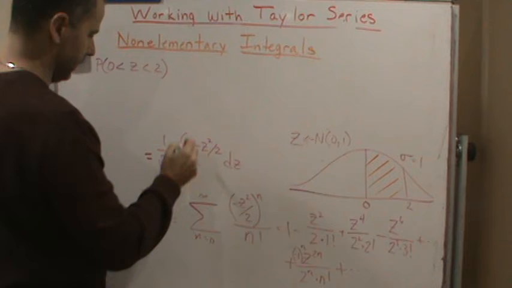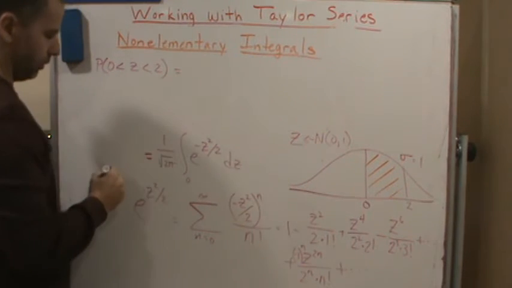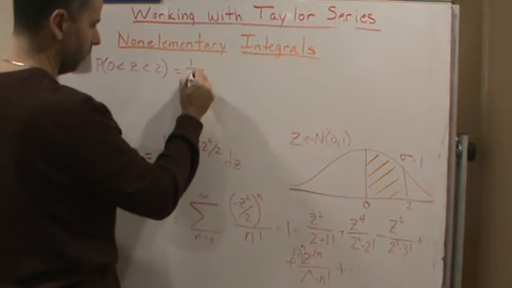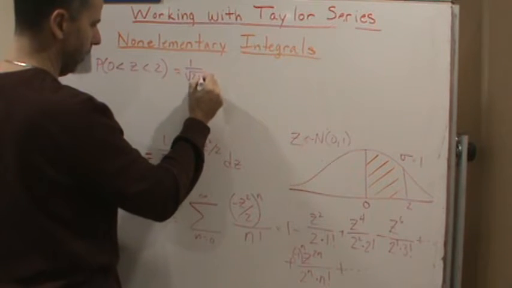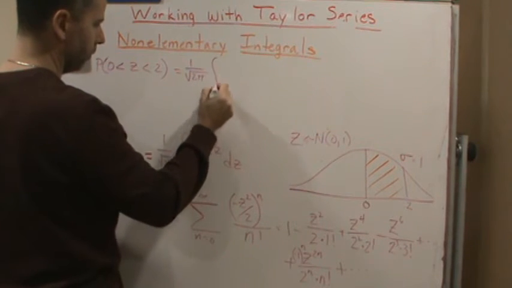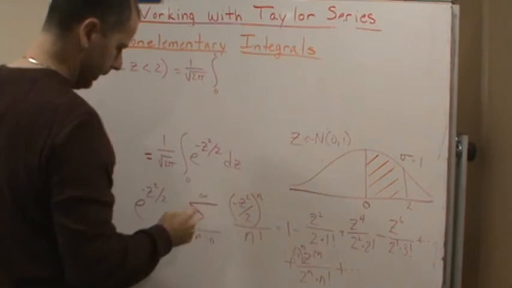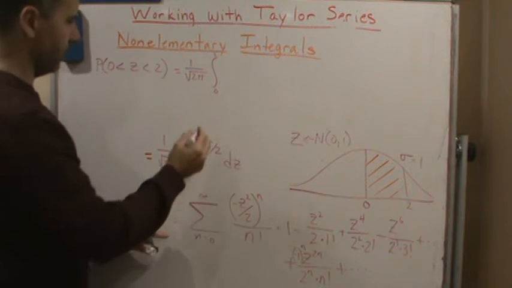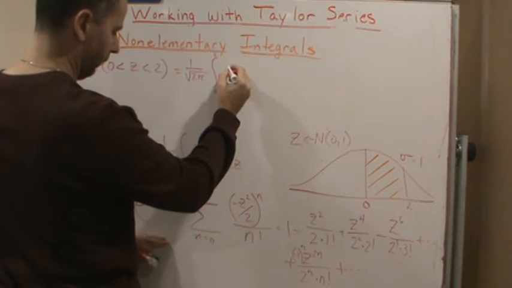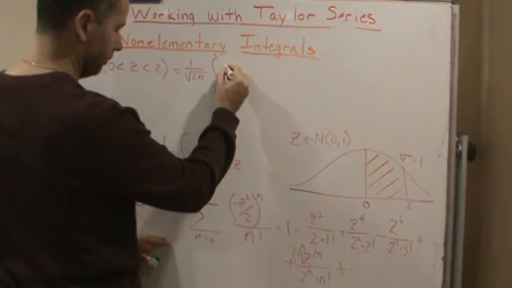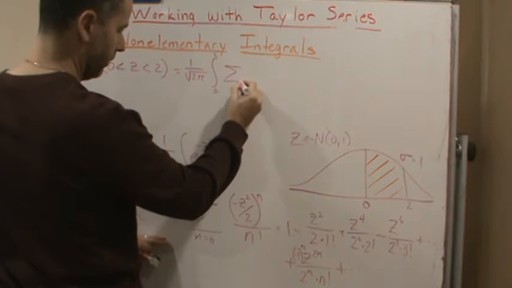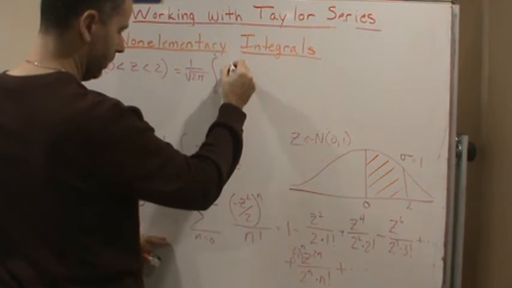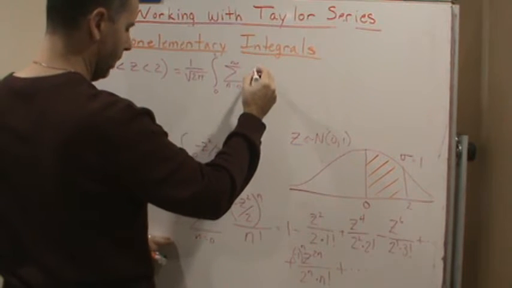Same probability, but now it's going to be equal to 1 divided by the square root of 2 pi, the integral from 0 to 2, and now we're going to stick our power series in here. It's going to be the integral from n equals 1 to infinity of,